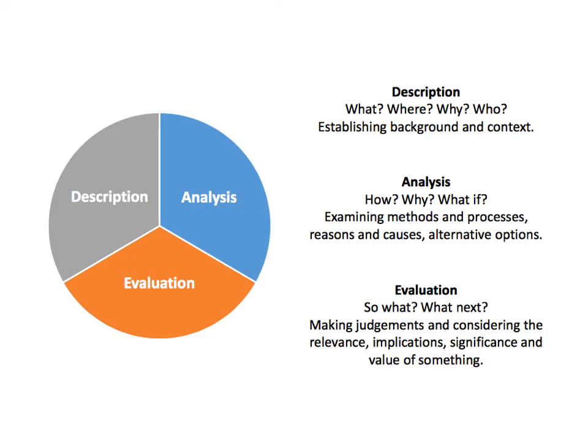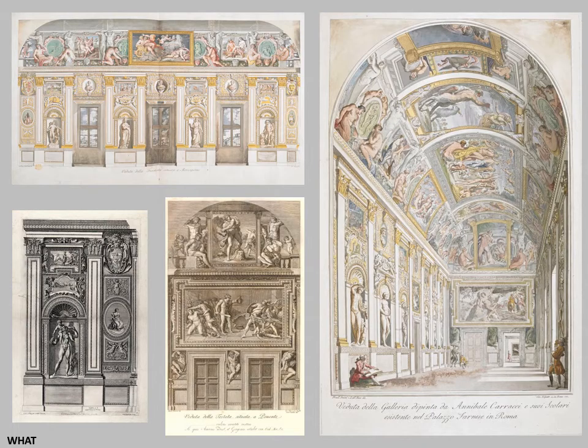Here's a reminder. So, the descriptive stage of critical questioning. What are we looking at here? The Farnese Gallery is considered to celebrate the power of love. Love conquers all. We're looking at the gallery walls, displaying statues from the Farnese collection, amongst little allegorical scenes, busts